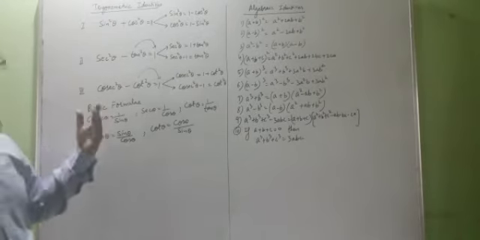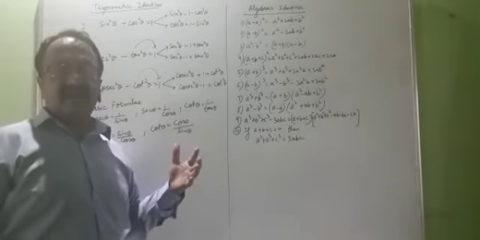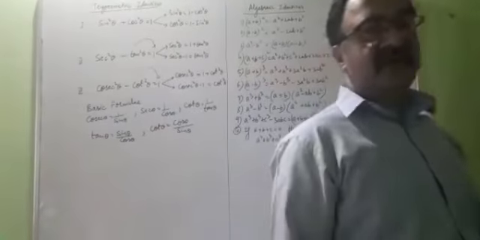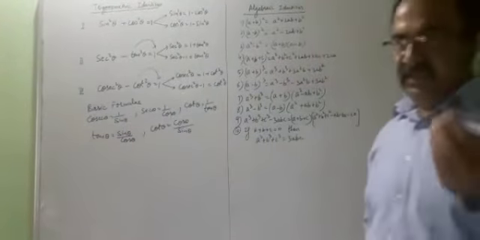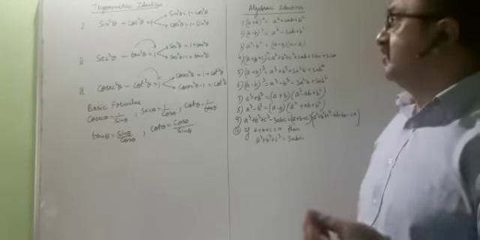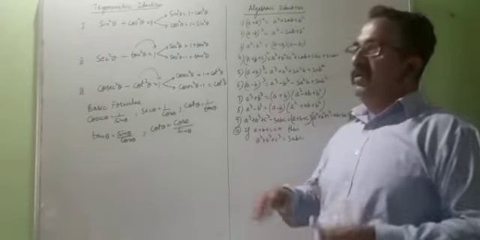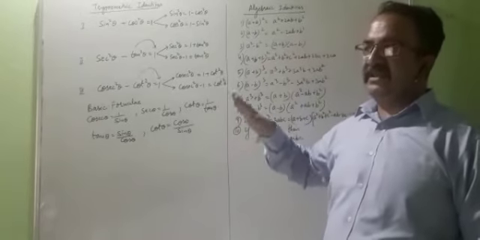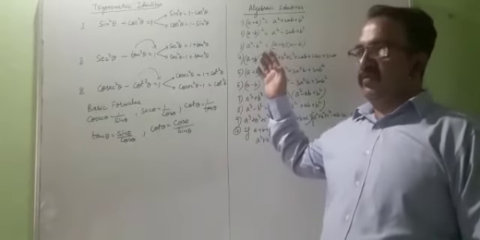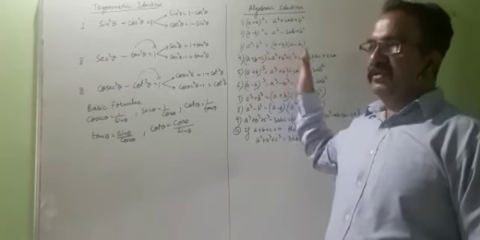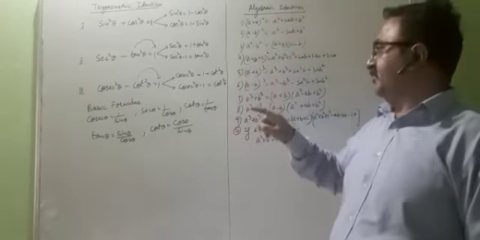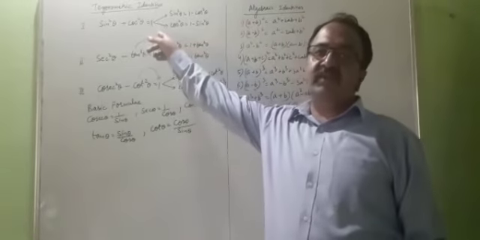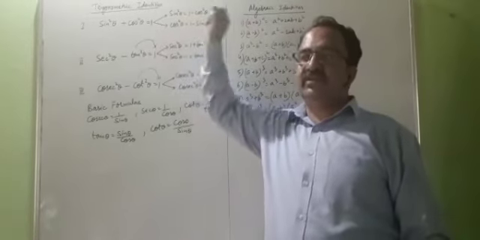Along with these trigonometric identities, I must know the algebraic identities also, which are studied in lower classes, class 9th and class 8th. They will help you to raise the power. Suppose the power is less than 2, then you can make it 2. Or if it is more than 2, then you can break the power. Suppose it is in cubes, then you have to come to squares, because you can apply the identity only when it is in squares.